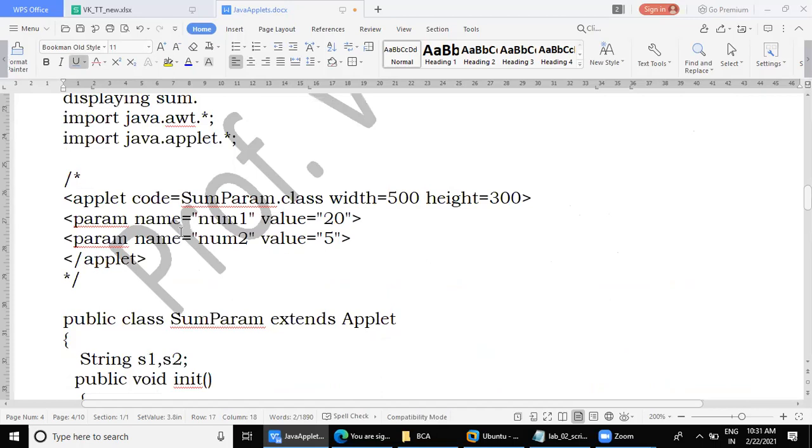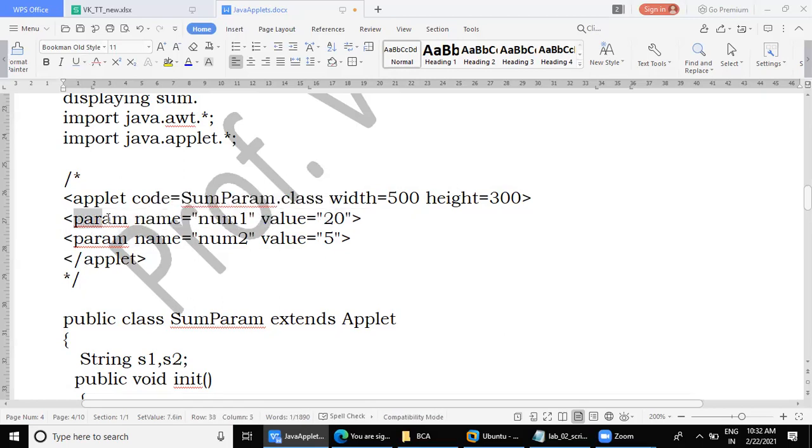Fine. See here, how to pass the values through parameters. You have the applet tag here. Pay attention. What is the class name I have given? SumParam. Down you can see here, the same thing I am using, applet, then width, height. Here, before you close the applet tag, we are using two parameters.